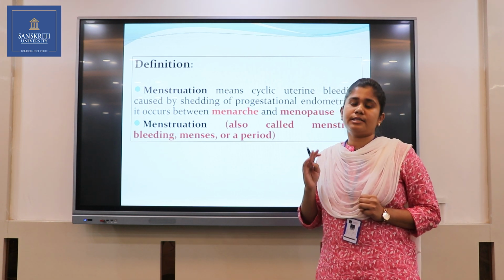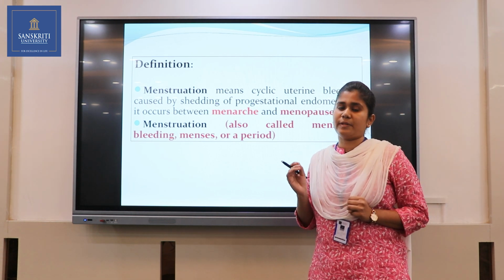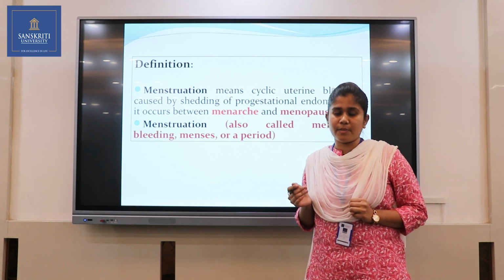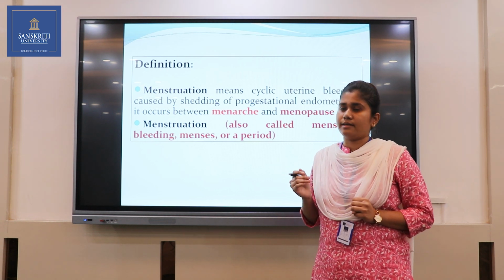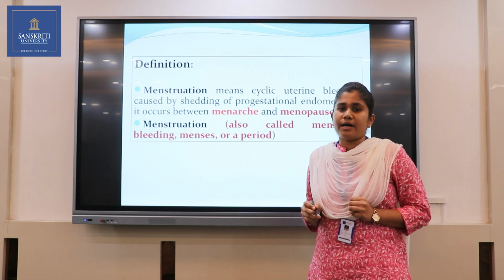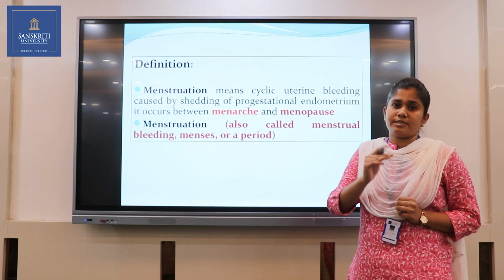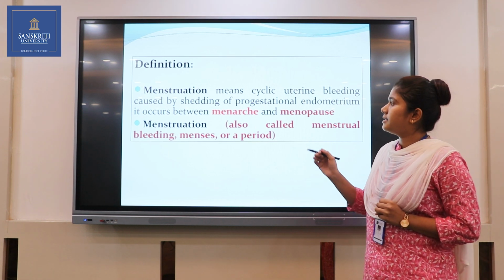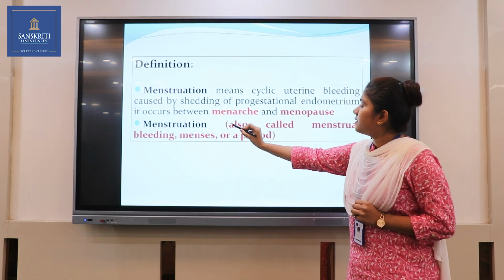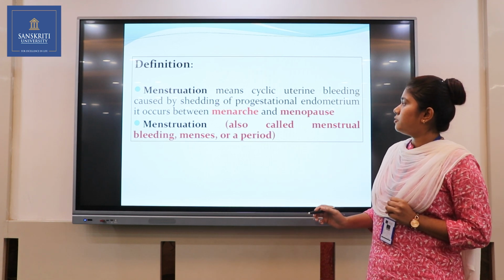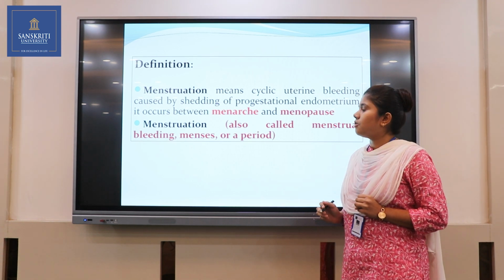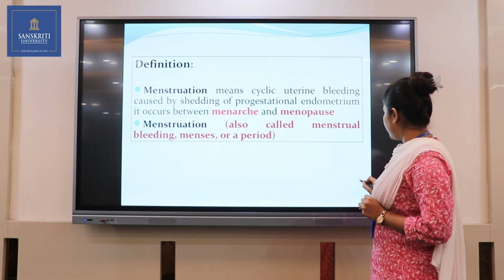Now, the progestational endometrium. In the uterus, there are three layers present. The outermost layer is the perimetrium, the middle layer is the myometrium, and the innermost layer is the endometrium, that is also called the progestational endometrium. So this is the definition. Menstruation is also called menstrual bleeding, menses, or a period. Then next we will see